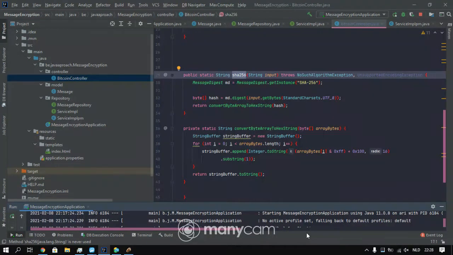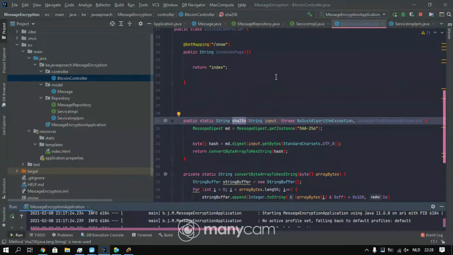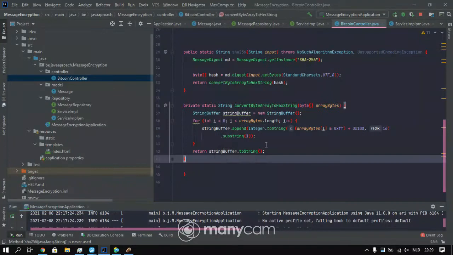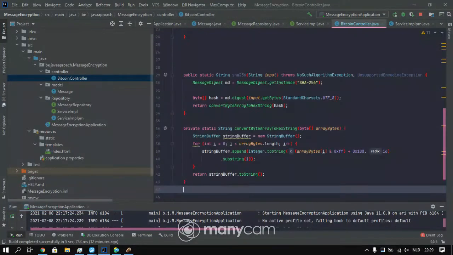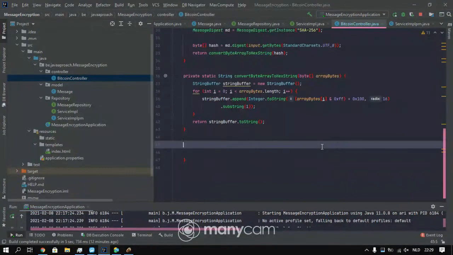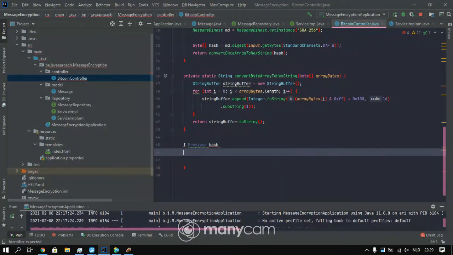Okay, guys, mining. I need to find a right Bitcoin hash. What do I need? I need the previous header hash and